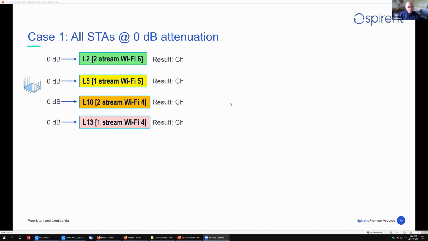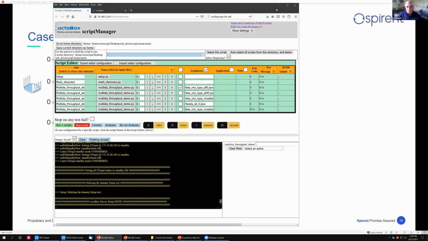For the first demo, I'm going to take each of the 4 stations. So again, we have the 4 different station types, and I'm going to park them all right next to the router. So no attenuation, give them the best signal possible, and see what they do. To do that, I'm going to bring up